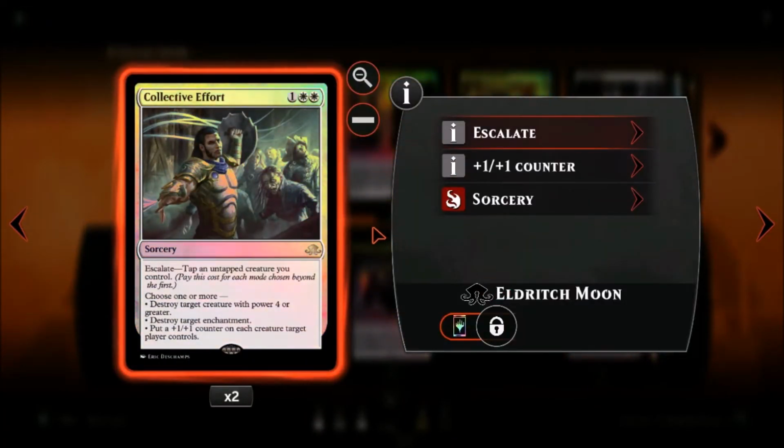Collective Effort is a spell that gives us a choice on what we want to happen. We can either destroy a creature with power 4 or more, we could destroy target enchantment, or we could put a +1/+1 counter on all of our creatures. It has Escalate as well. So if we have